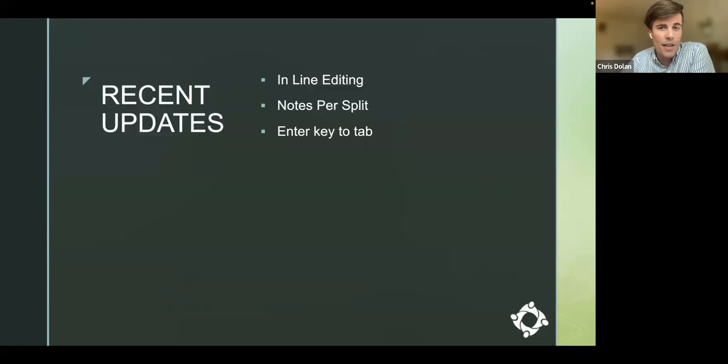We brought back the enter key to tab. This has been a widely requested thing. It was a little bit of an oversight on my part. I will own it. I thought people were using the tab feature, and all of our early testers were using tab. Nobody was using enter. So that is now possible, where you can enter through, and you shouldn't need to use a mouse when entering things. I can show you a demo of that, but that rolled out this week.